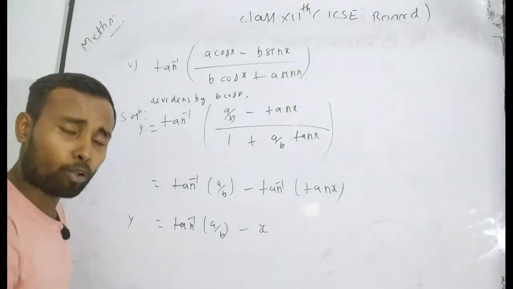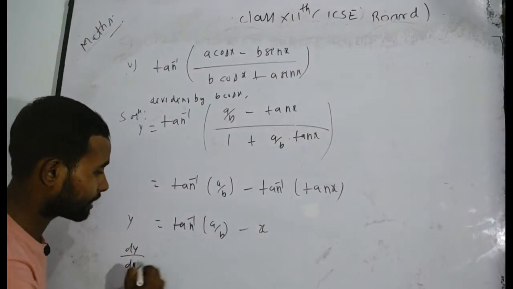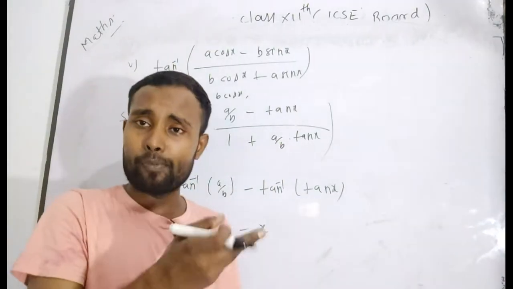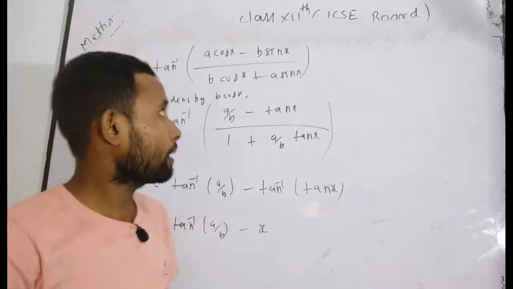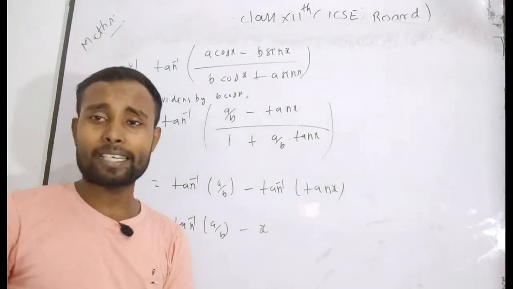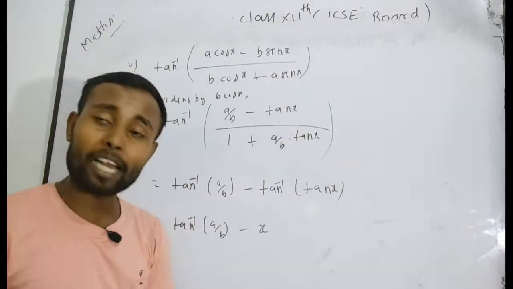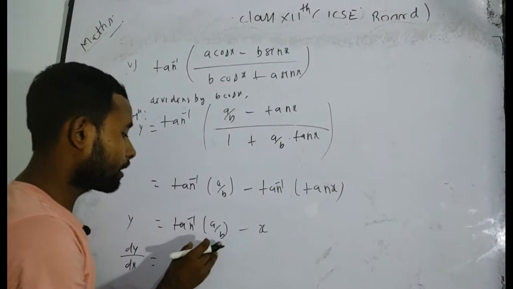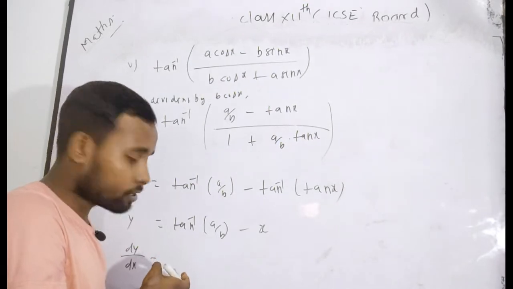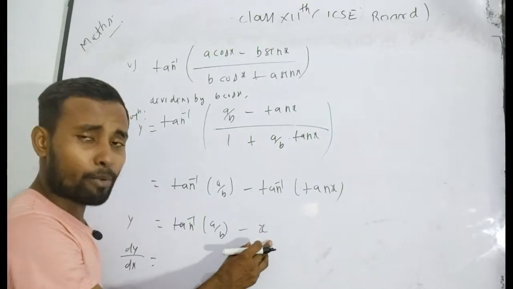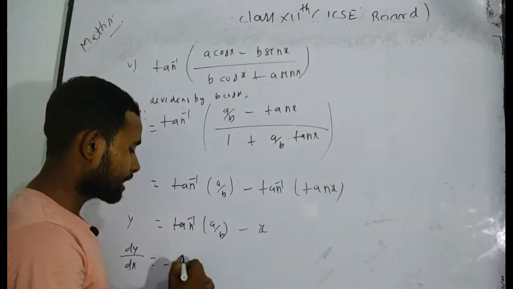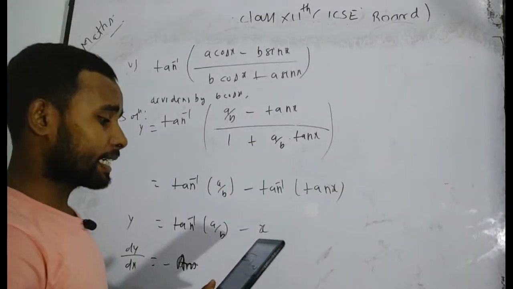Now you have to differentiate on both sides. After differentiating on both sides, you will get dy/dx is equal to, as I have already told you, otherwise x and y, if you get any terms in your given function, until it is not mentioned, always treat them as a constant. That's why here a and b are constants. Finally, the derivative of tan inverse of a constant will be 0, and the derivative of minus x will be minus 1. That means its answer will be minus 1. I think you understand again.